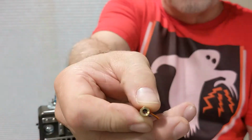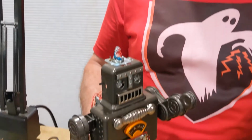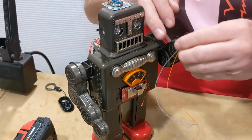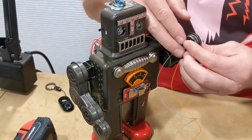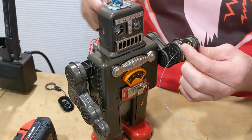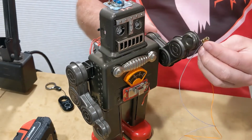It's pretty powerful. You wouldn't want to shine it in your eye, but I think it'll be okay just for playing around. What we're going to do is drill some holes into this robot's hand here. I think I'm going to mount the laser right in here and route the wires into the arm and up into the body. So I'm going to drill a hole here for the wiring and then another hole here where it comes out